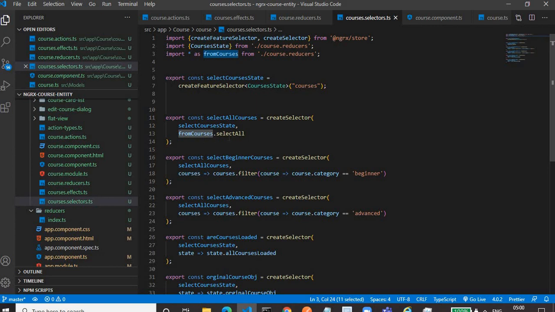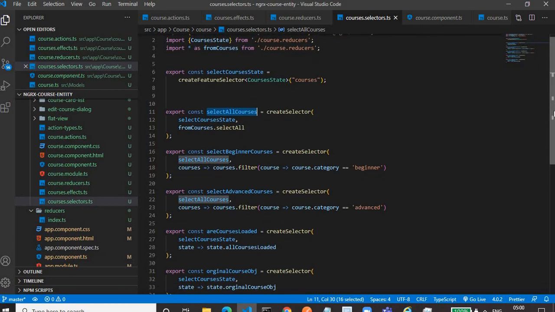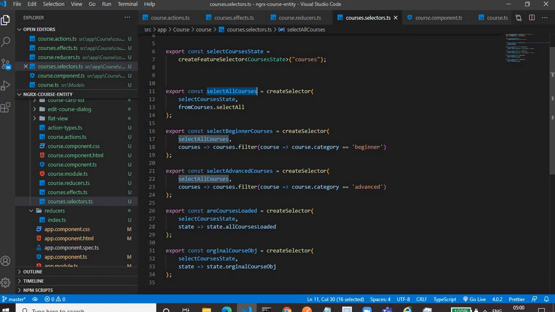Then we are using fromCourses.selectAll. So this selector will return the courses array. Now we provide this selector to the next selector in the next createSelector function. Here we are getting the courses array, and we are filtering for the beginner courses, likewise for advanced courses.